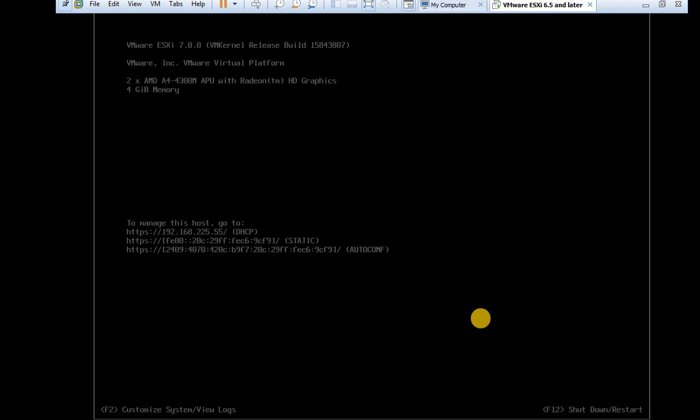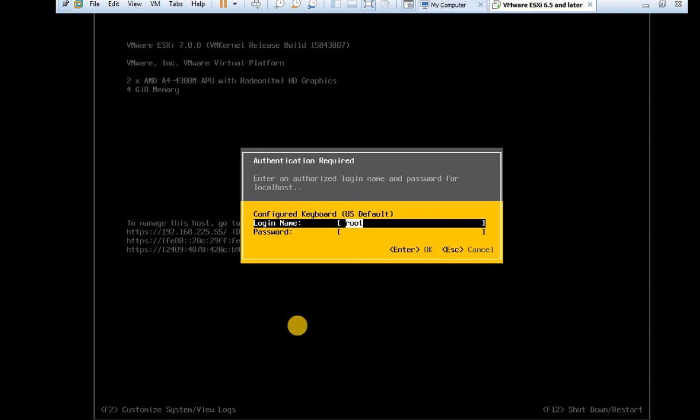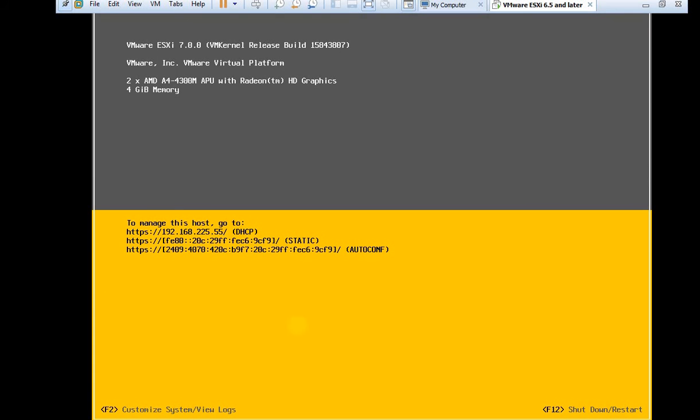Yes, just a moment. I am pressing F2, and I give root and the root password. The options will show.